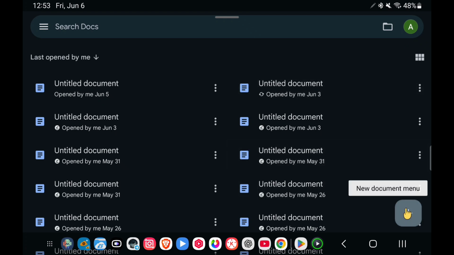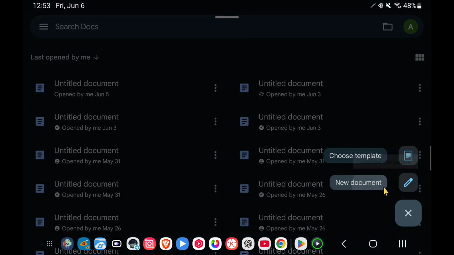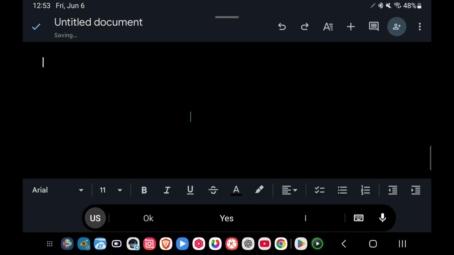Now click on the plus button, click on new document, and now you have an interface for writing anything you want. Basically, you can create any document of any kind like PDF, EPUB, docs, and many more.